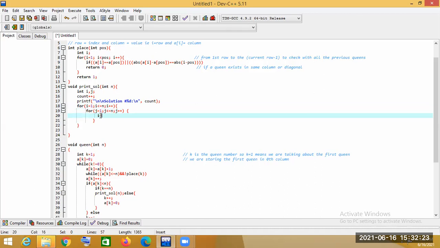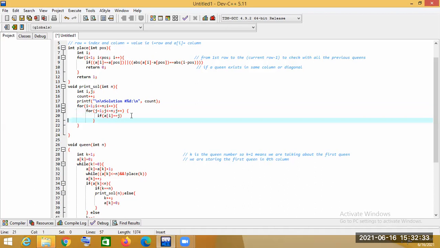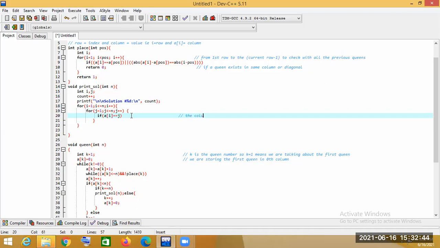Okay, so inside this, what will we write? If ai equal to j, what does this mean? It means the column number we are taking is equal to the current column or not.